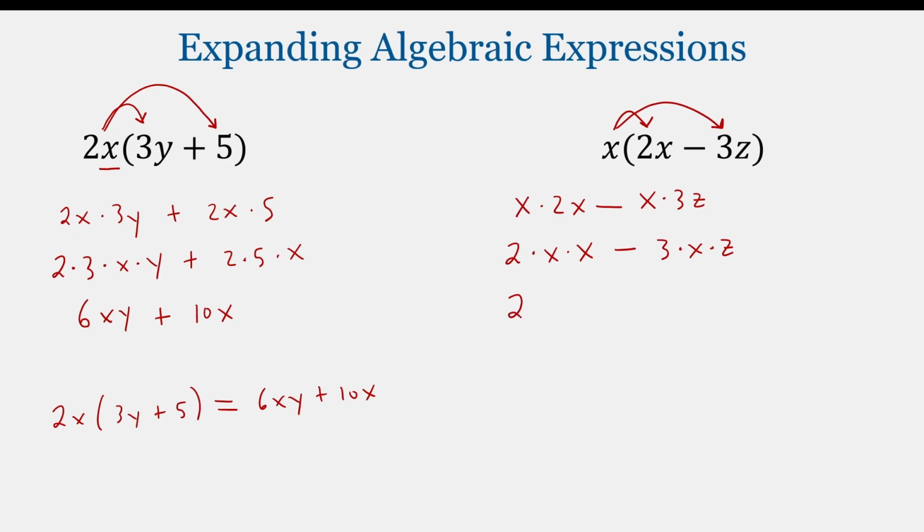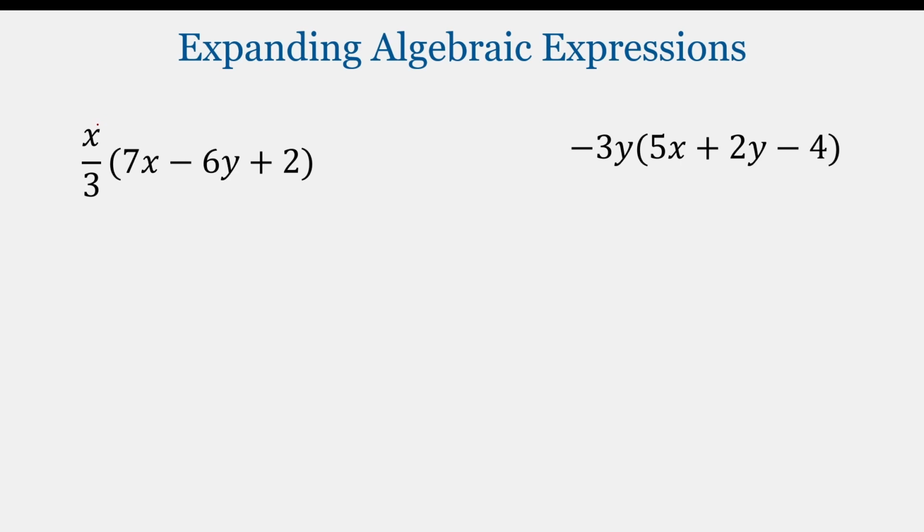So this brings down the 2, and then x times x, that's x squared. Now we have minus 3xz. X times the quantity 2x minus 3z is the same thing as 2x squared minus 3xz. These are equivalent expressions. So now we're going to multiply x over 3 times the quantity 7x minus 6y plus